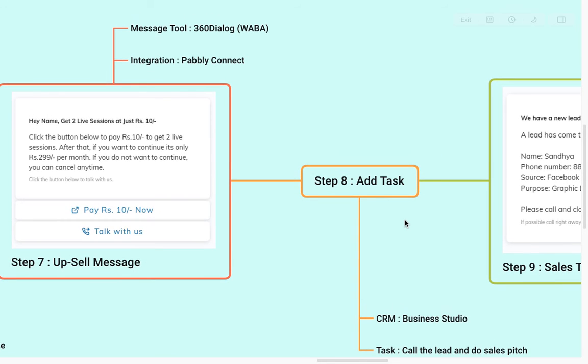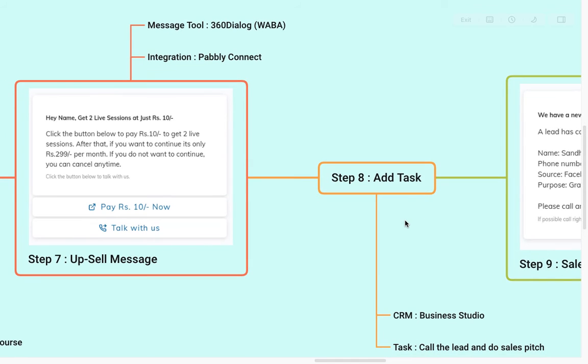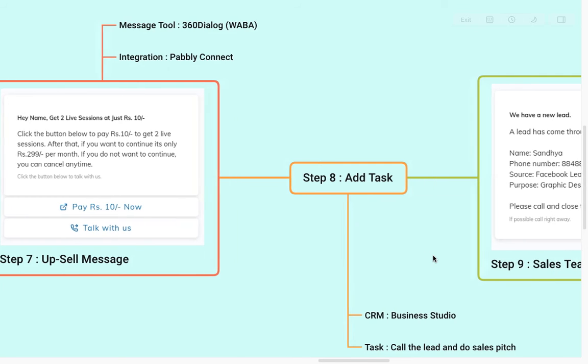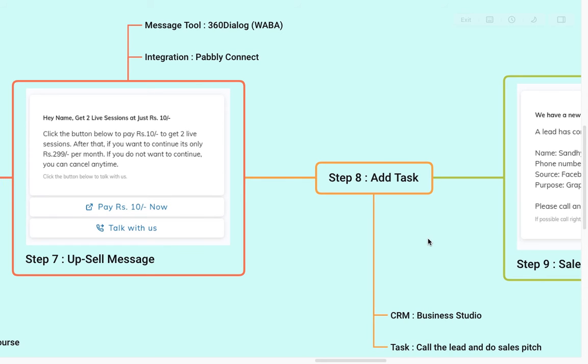Why we are adding the task in the CRM is because when our sales team is calling and pitching to that person, the customer, after that call, we need this task to be updated in the CRM so that we know that the sales team has acted on the process, right? Also, as a manager, if you want to monitor tomorrow what all tasks have been scheduled to the sales team and what actions they have taken on those, then you can look at this task status, right?